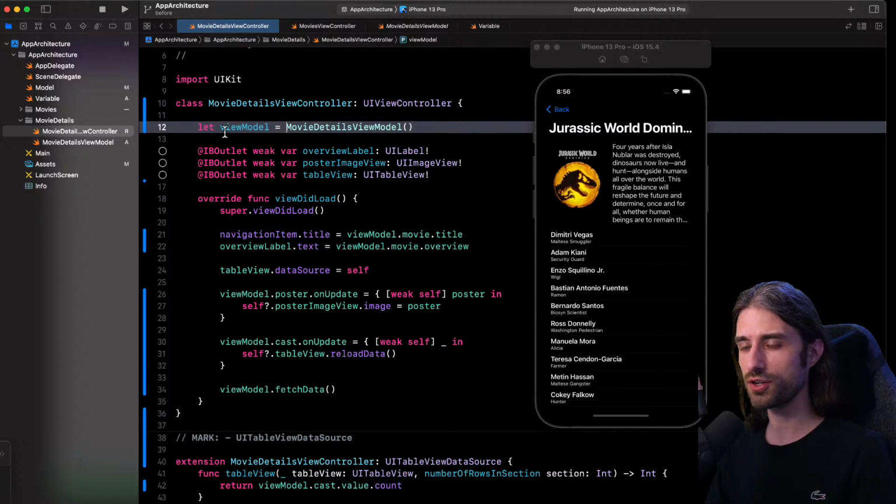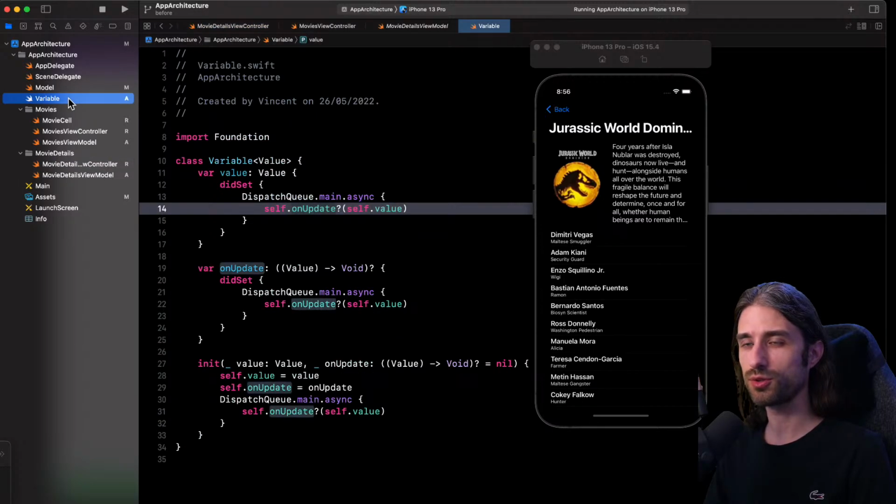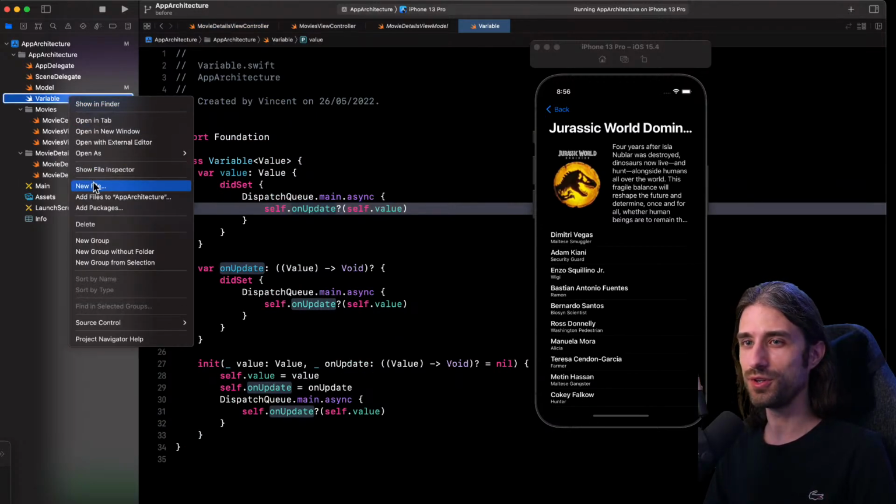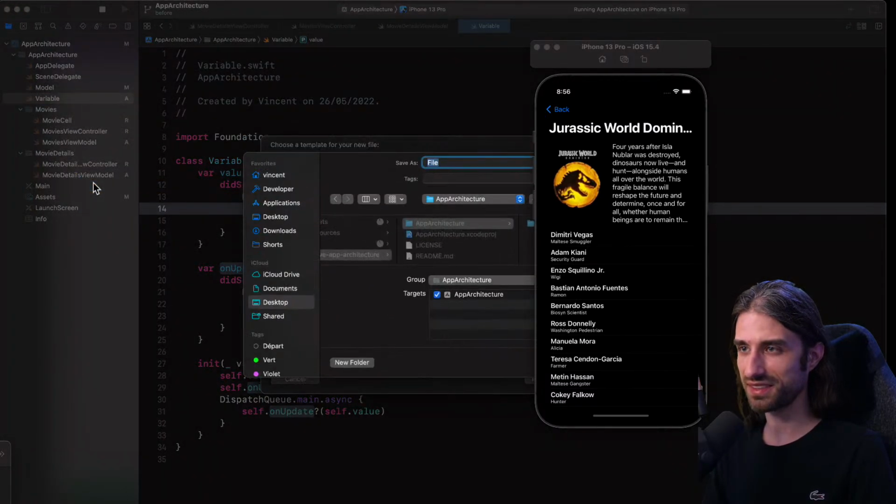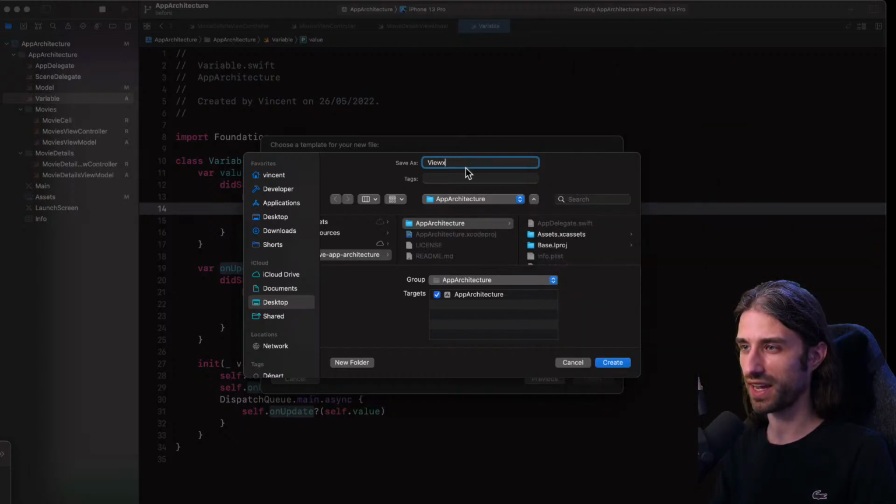So how are we going to implement this dependency injection pattern? To do this, I'm going to introduce yet again a new type. This type is going to be called ViewControllerProvider. Actually, let me get rid of the simulator because it's going to start hiding the code.